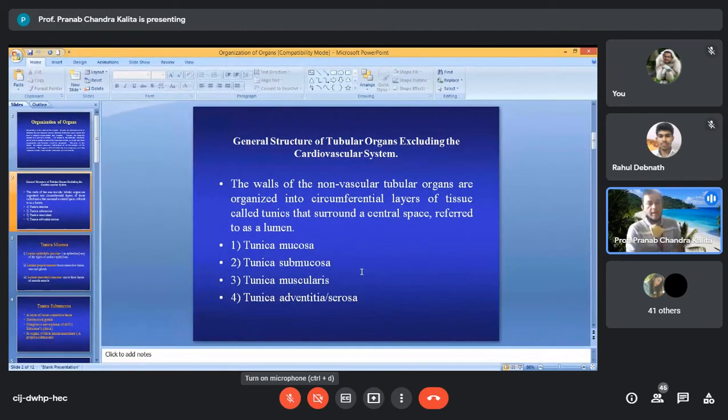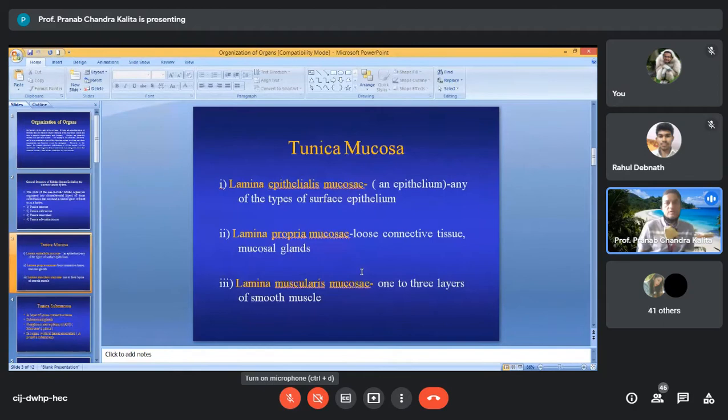Now, again, you will find that in each tunic there are certain differences. Now we'll go specifically into what are called the tunics. So you see the Tunica Mucosa. While we are talking about Tunica Mucosa,